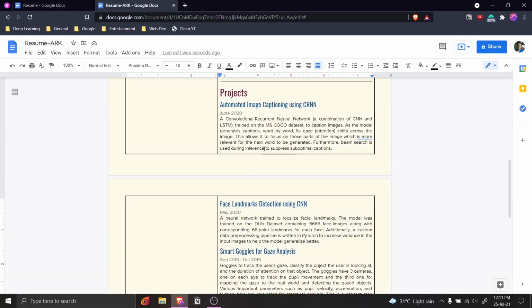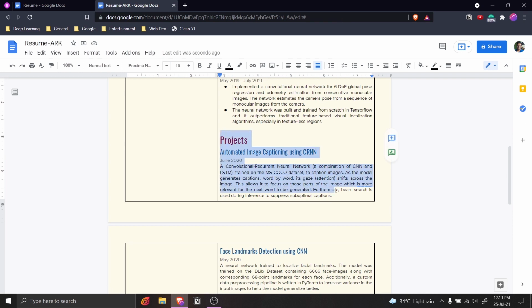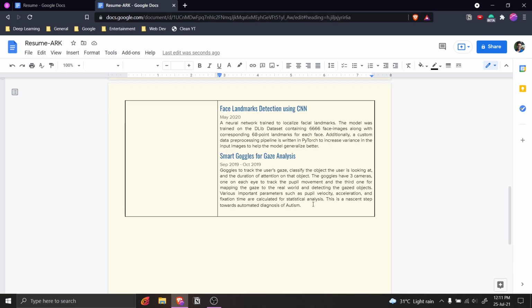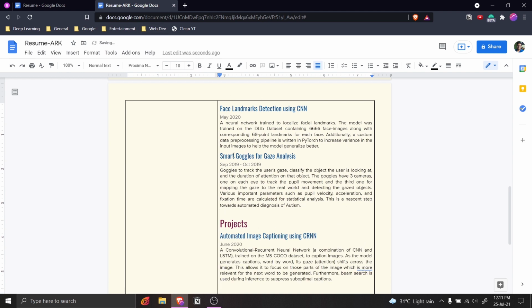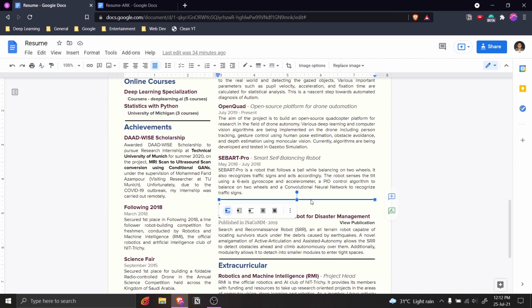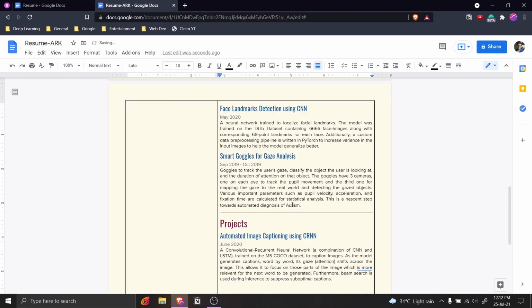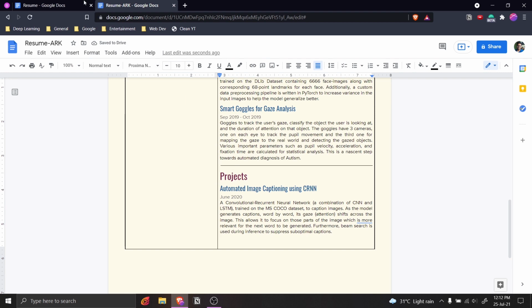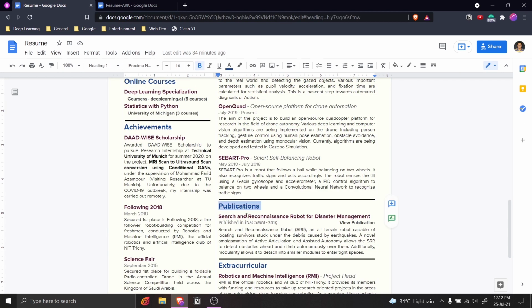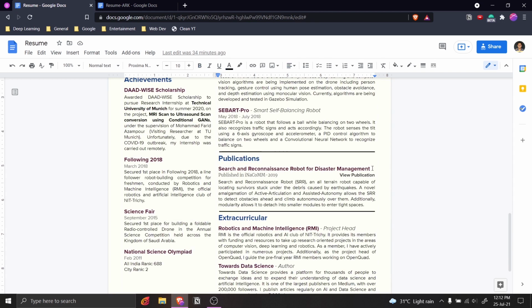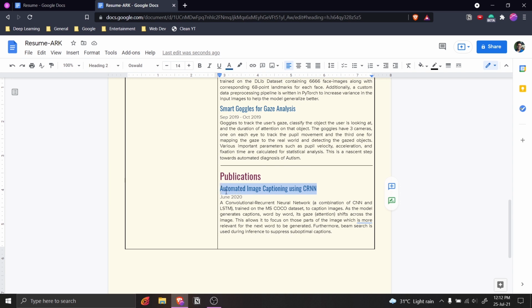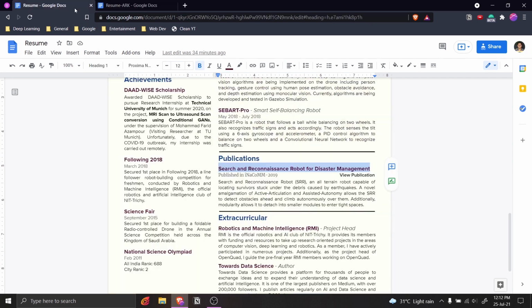Just copy one of these, then paste it here, and then copy the line, horizontal line, and again paste it here, right? This will create the border. Now let's change the name to publications. And I only have one publication, so let's just add that. Again, preserving the formatting, and